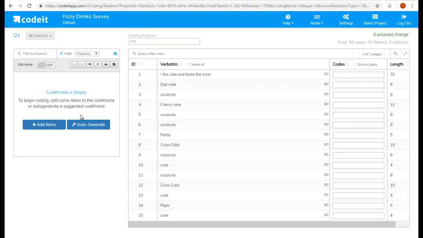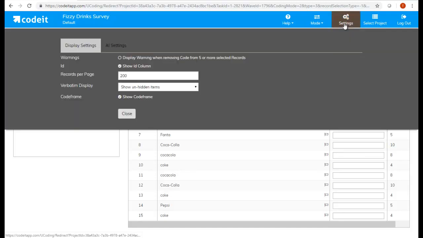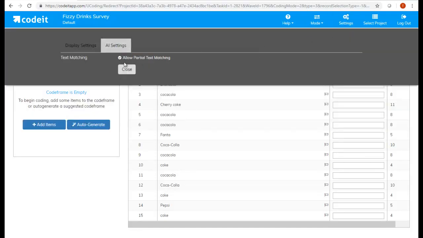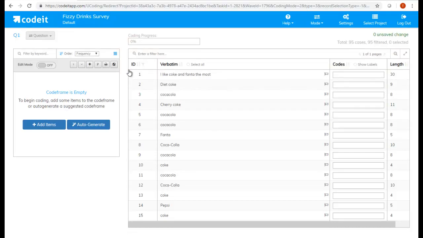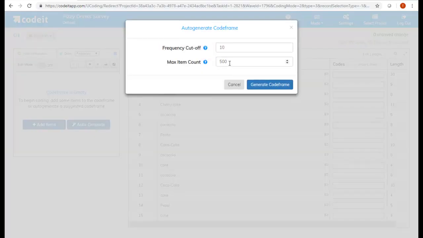But before I do, I'm going to re-enable the partial text matching again in the settings, because I want to use this in combination with the code frame generation. So when I click the Auto Generate Code Frame button, a dialog appears that allows me to decide how many times a piece of text must appear before we can make a code out of it. I'm going to set this to 2. We can also choose a maximum code frame length, but as this dataset is very small, the default of 500